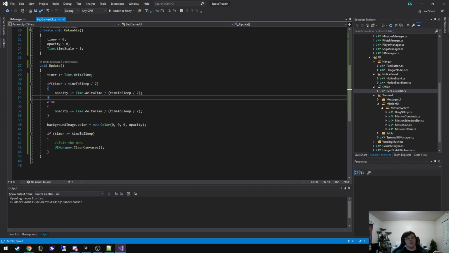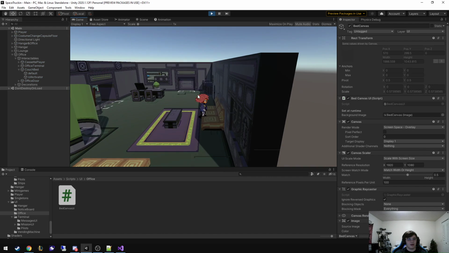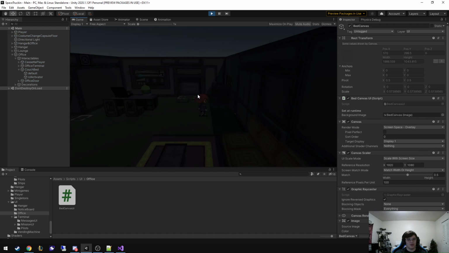It's been a 60th of a second, and we divide that by half of the time, right? So that's how much of the percentage of the opacity that we should add. That way, if we've done this time to sleep divided by 2 times, we're at 1, and if we do it the opposite way, we end up at 0. And then the only problem that I see now is that when you go into here, you can